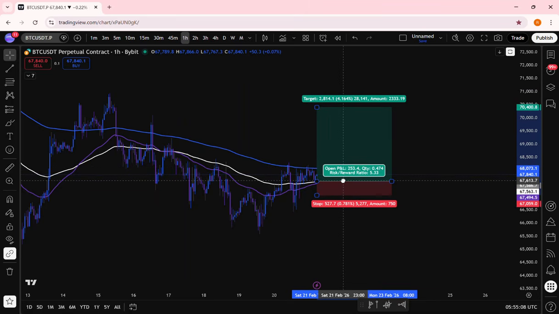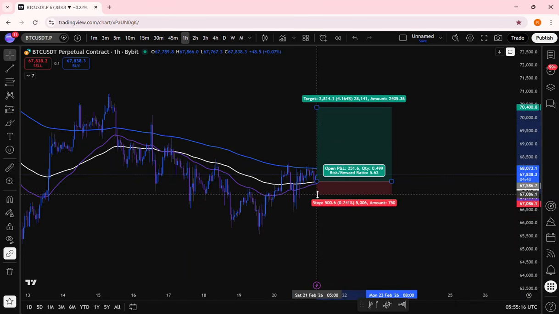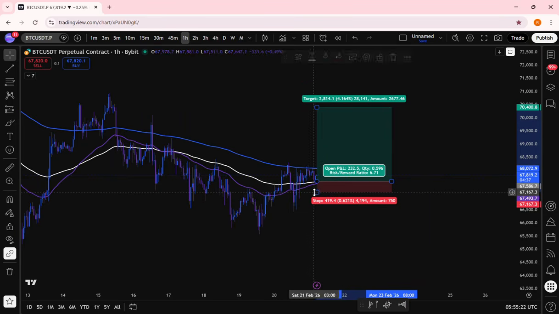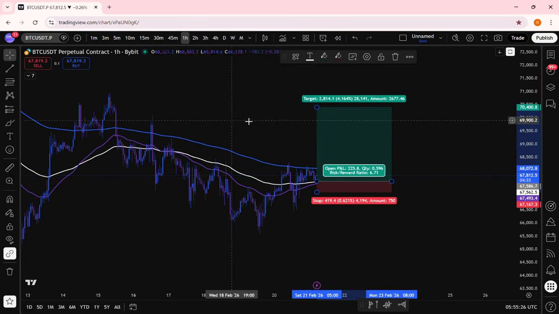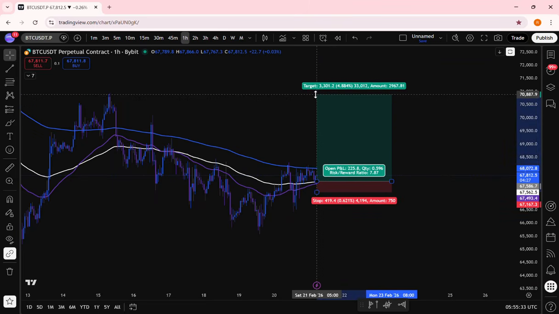Could you enter from here to be safer? Yes, I am actually long from here currently at the moment. And the only problem with this is you have to cover this wick here. So you'll have to use 1% stop loss, but my stop loss is a bit tight. And I'm only 50% into the trade currently at the moment. So, sorry about that. We're only risking a small amount,